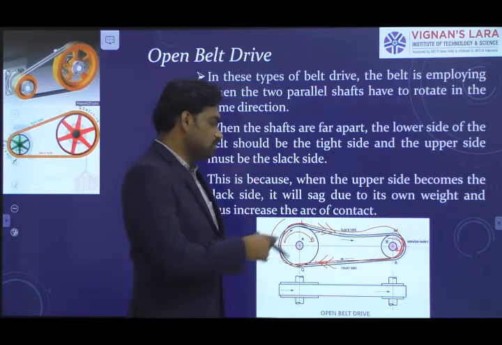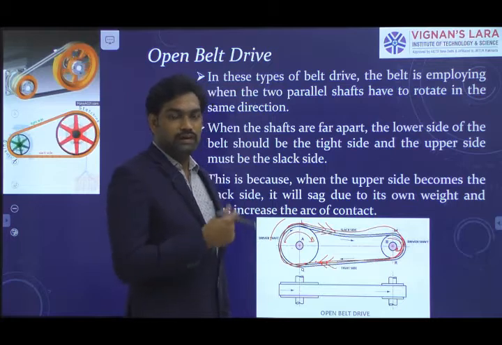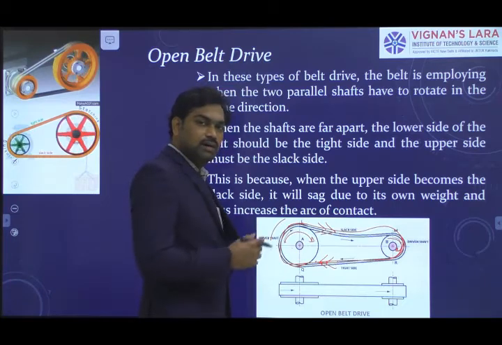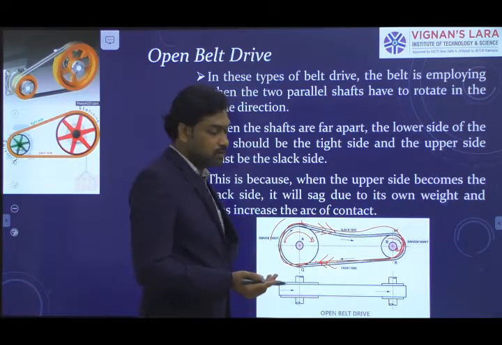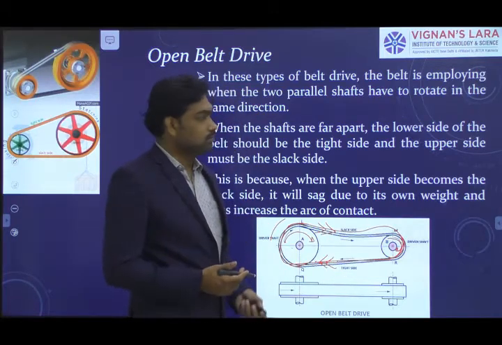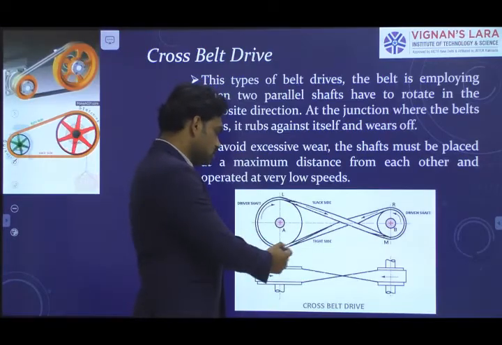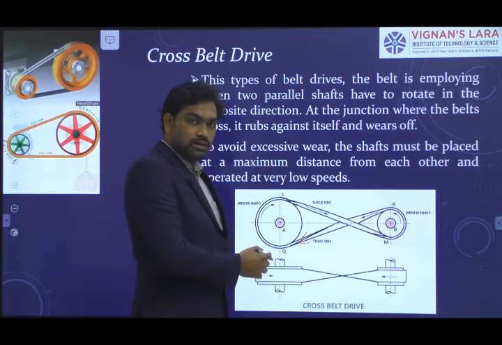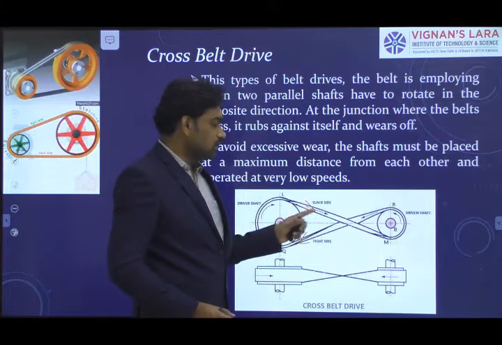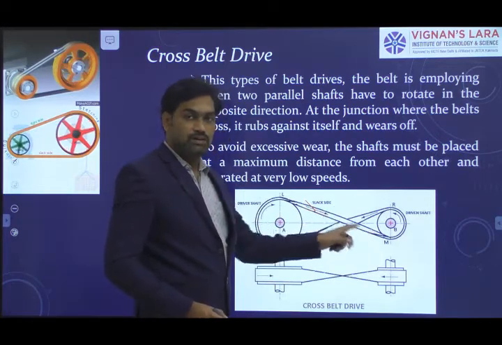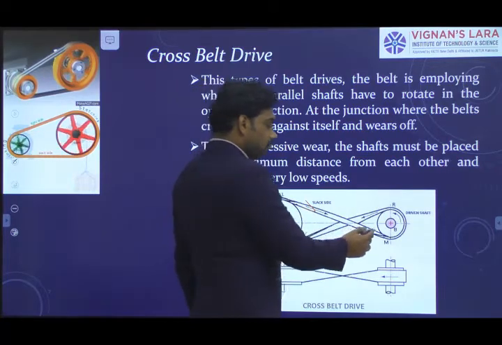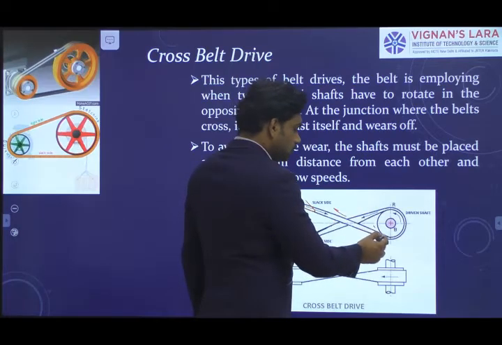But in a similar fashion of laying the belt, if you want to rotate the shaft in the opposite direction, we can change the directions of the delivery and receiving sides of the belt at the driven member instead of keeping them the same. So we can go with the crossed belt drive. Here in the crossed belt drive, this is the receiving side of the belt at the driving member, and this is the delivery side. But at the driven member it is reversed compared to the driving member. At the driven member, the belt is going to rotate the pulley in this fashion.